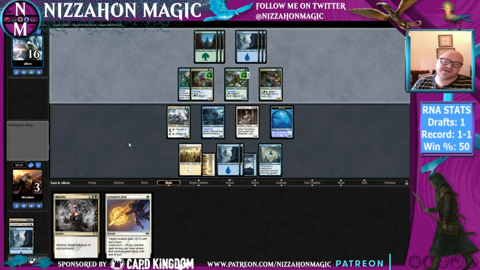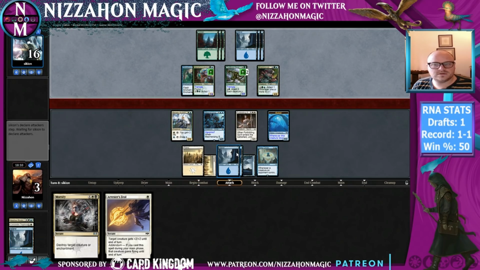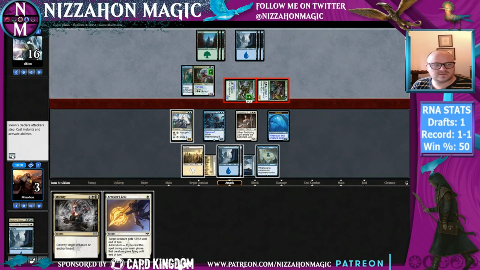I guess I could have waited to make a decision with Slimebind, but we're dead to the flyer either way. So I think I made the right decision. I'll probably loot one more time before I cast Arrester's Zeal. Like set up all my blocks, loot, see what happens. Okay. All right, so...